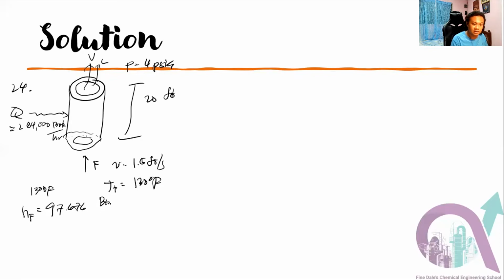97.676 BTU per LB, and then you have the density at 130 degrees Fahrenheit, which is 61.54 LBM per cubic feet. Okay. So at the outlet, you have 4 psia, or